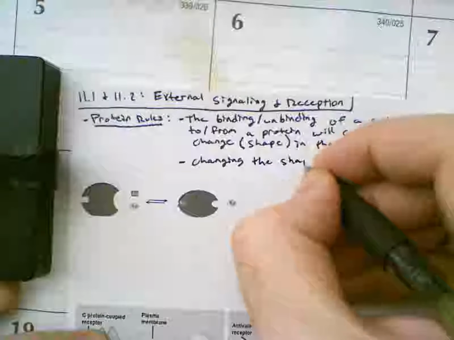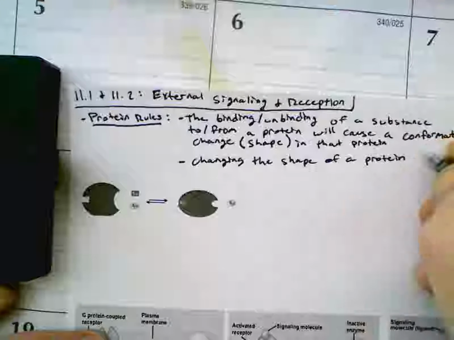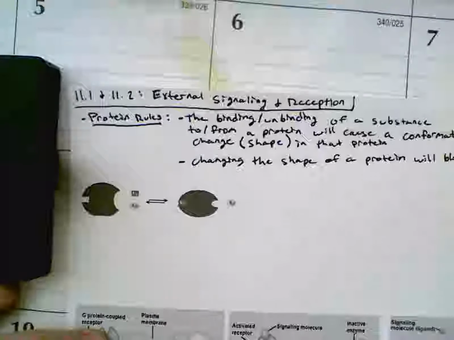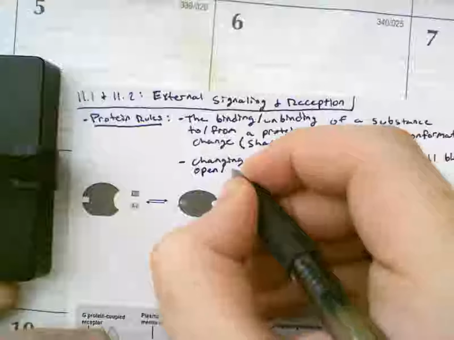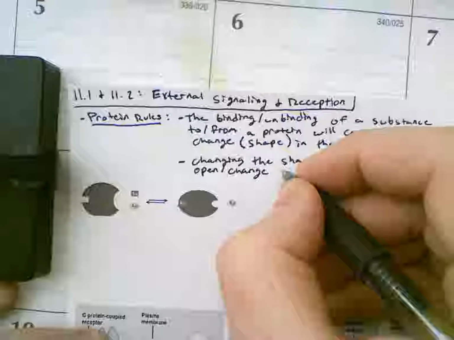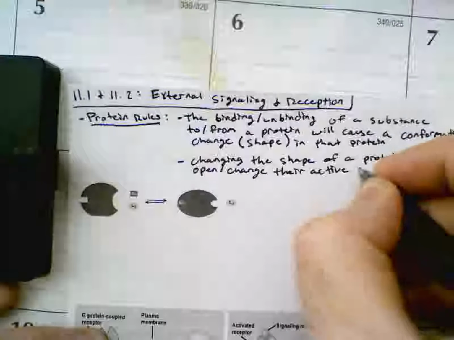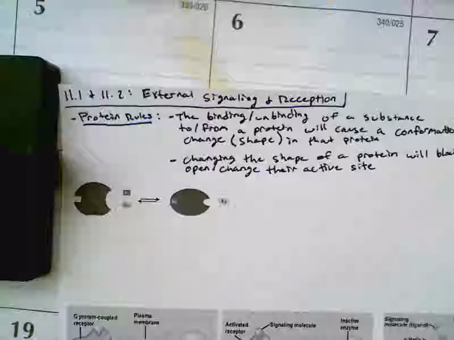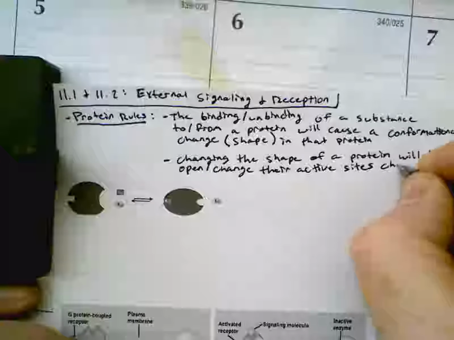changing the shape of a protein will block/open/change their active sites. Remember, the active site is just the portion of the protein that's interacting with whatever it is that you're dealing with. And then there's a little bit more to this sentence. Changing